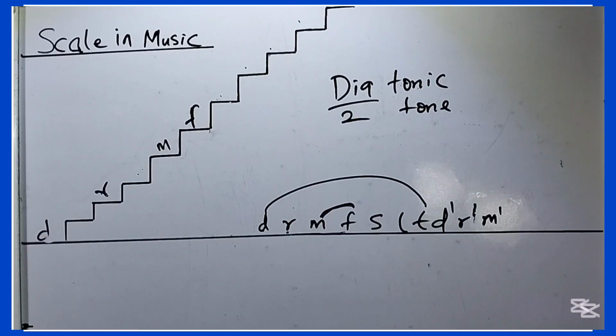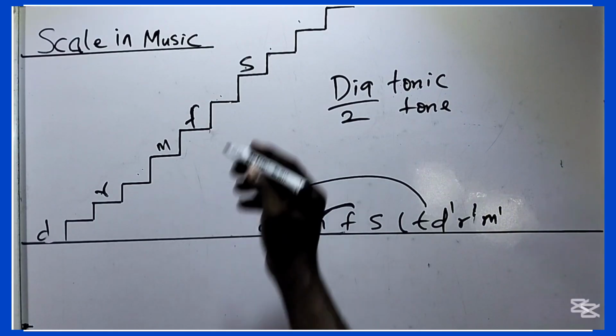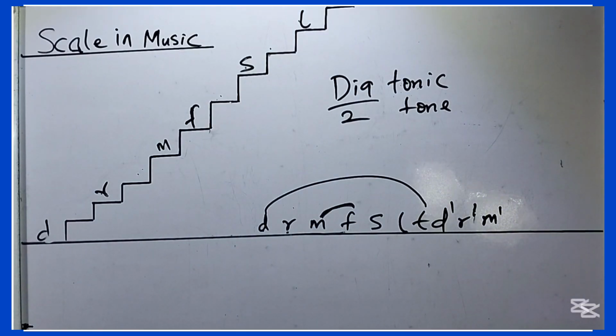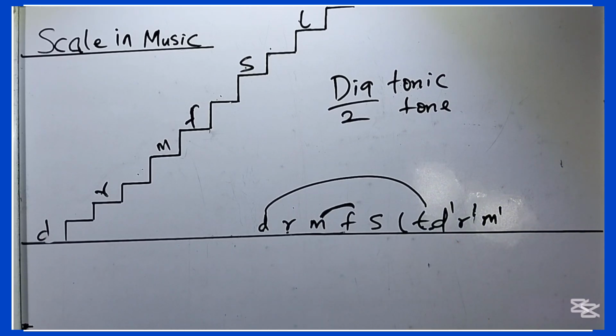After the fa, from fa to so there is a gap, so you count 1 2. This is so, 1 2 la, and keep on counting it until you get to where you are going. But between ti to do there is only half a step. You can also use a ladder to define this very well,